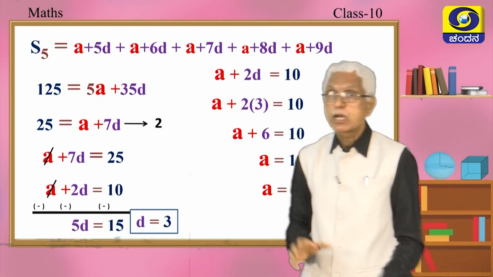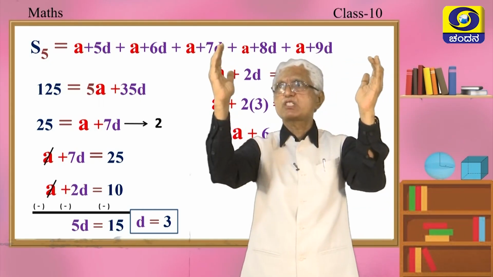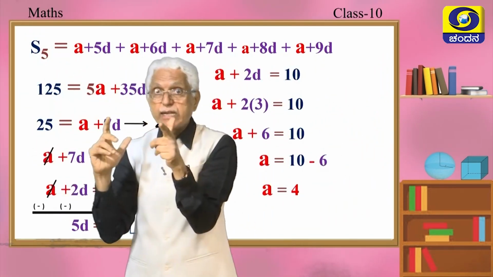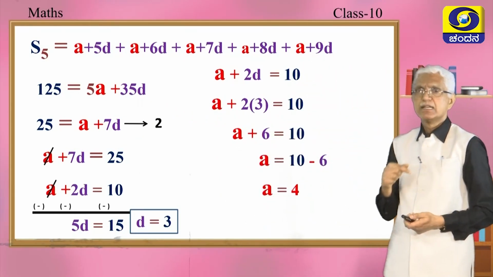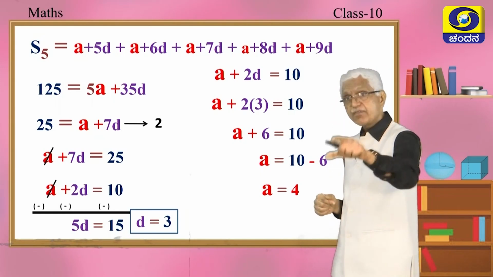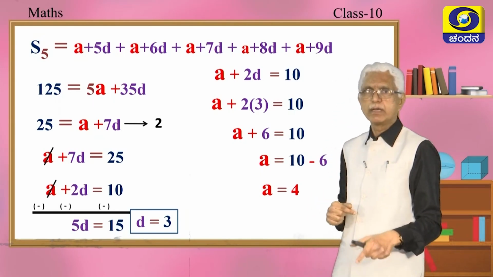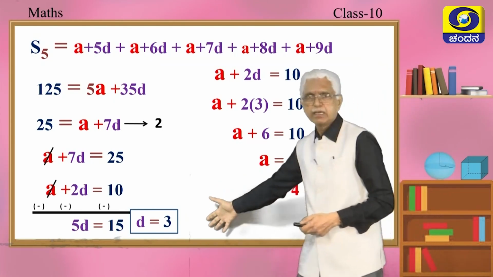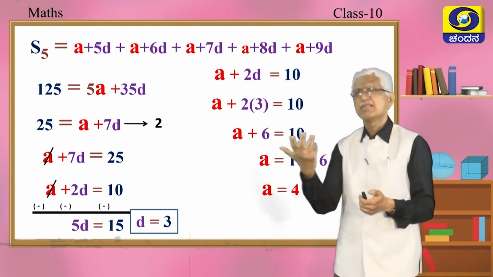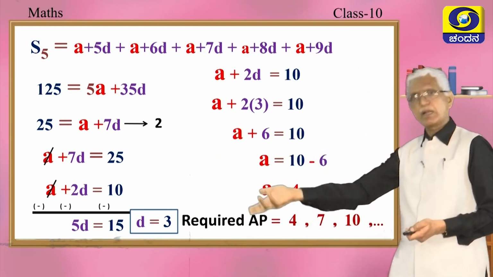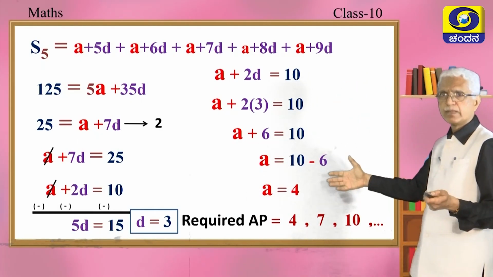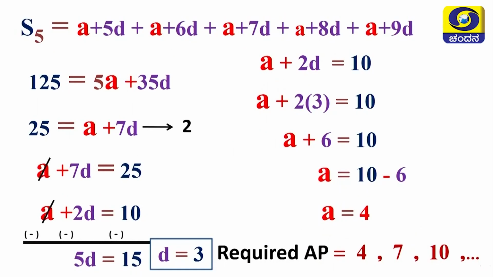Remember, they gave you the sum of the first 5 terms, they gave you the sum of the next 5 terms. They wanted you to bring out the AP from that, and using the knowledge of the AP and various formula you have learned, you calculated D to be 3 and you calculated A to be 4. Writing the AP is first term plus difference plus difference. First term is A, 4, second term 4 plus common difference 3, 7, plus common difference 3, 10. So, you got your AP, correct.